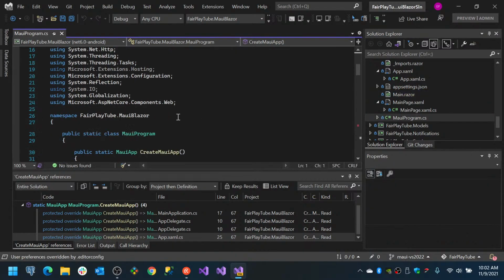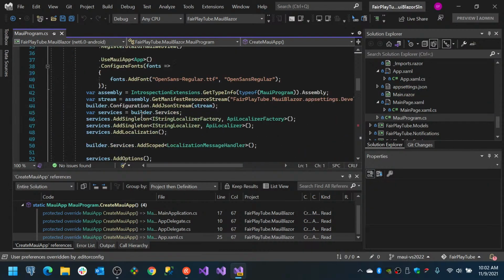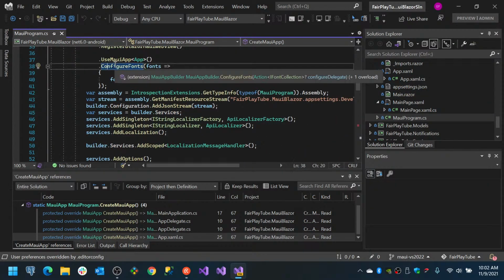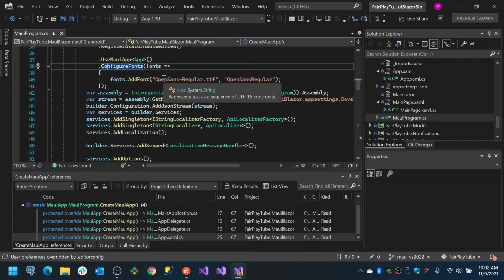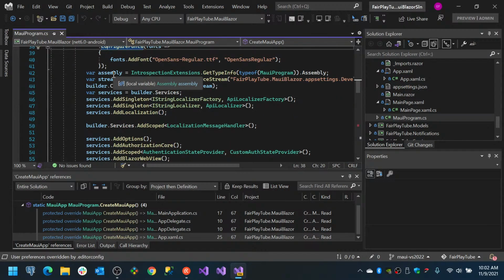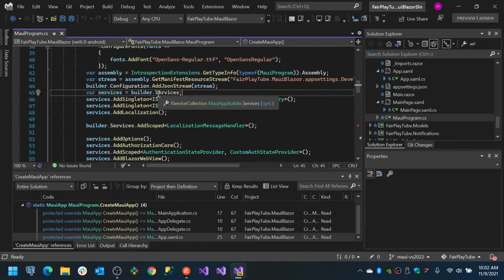If we go back to the Maui program, we have other things like, of course, it configures the default fonts. Now, this is specific for Fairplay 2 because we need to register localizers and all of the things that we are implementing because the application is already big, right? Now, if you are going to use secrets,